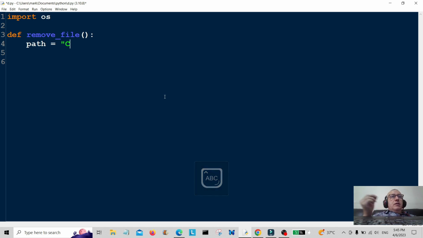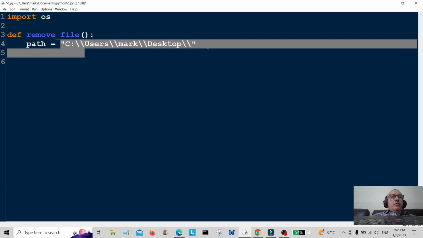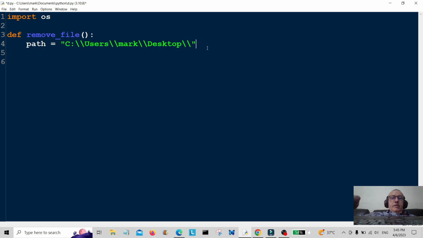On your machine it'll be slightly different, so you'll have to find the path on your machine. This path here that I'm typing is unique to my machine, so your machine will be different. Okay, users, mark, desktop. Right, I stress, for your computer you'll have to find your path here. Okay, so let's type in